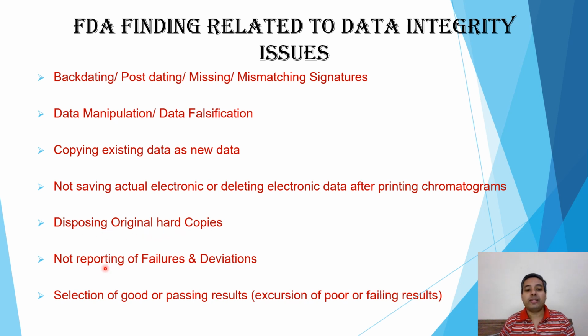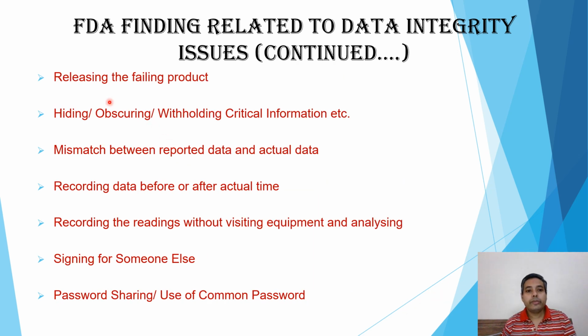Disposing original hard copies, not reporting of failures and deviations, selection of good or passing results, that is exclusion of poor or failing results. Releasing the failing product when there is lack of review system, hiding, obscuring, withholding critical information related to the product or the activity performed, mismatch between the reported data and actual data, recording data before or after actual time. When the employee is not recording the activity contemporaneously, okay, this may lead to this finding by FDA,